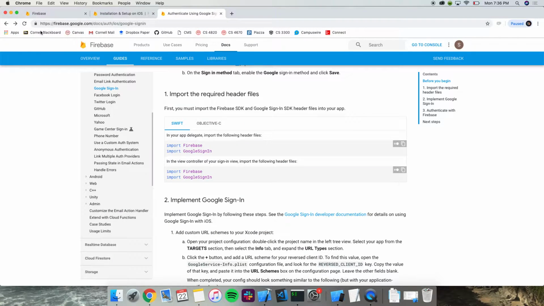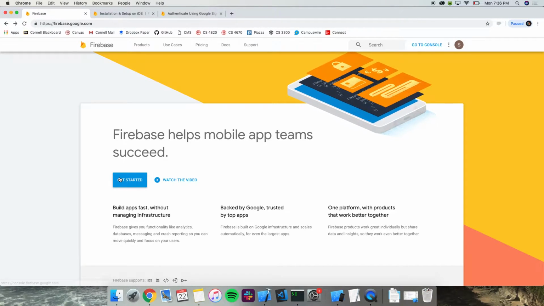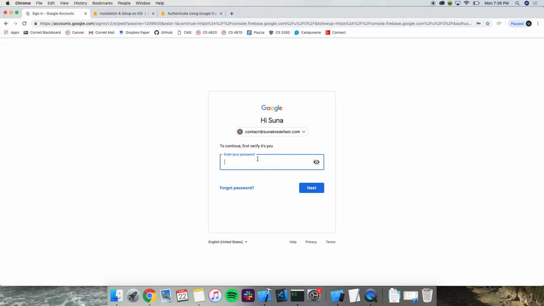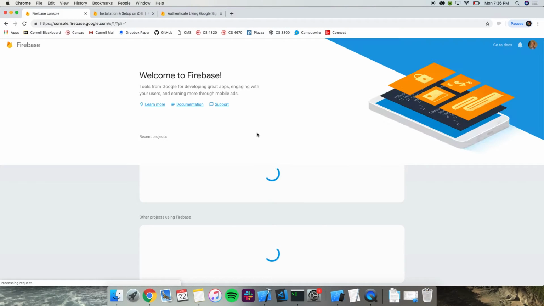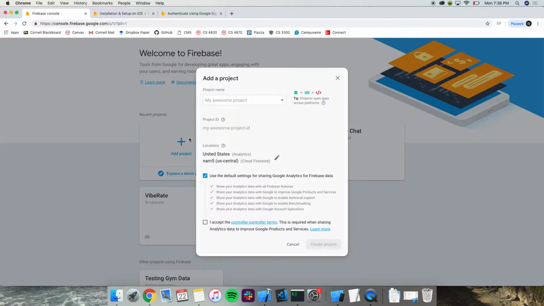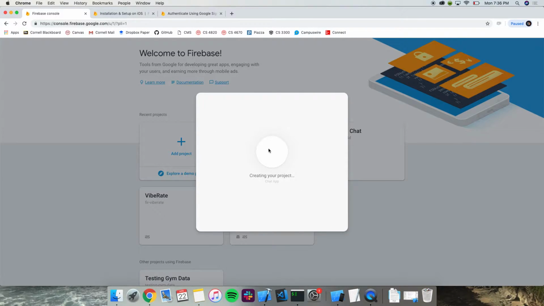Now what we have to do is create our Firebase project. To get started, I'm going to enter my password. Okay, new project. It takes a little bit of time, and it's pretty fast.